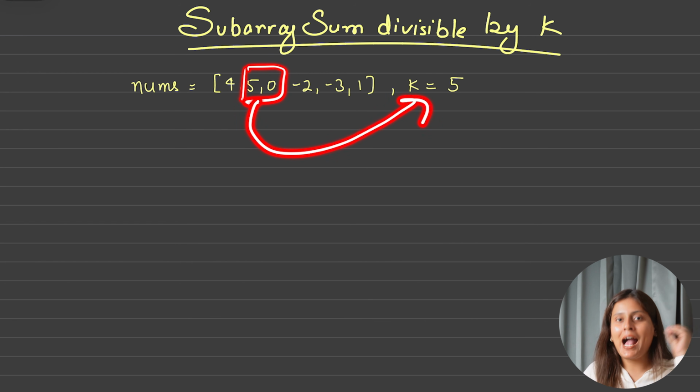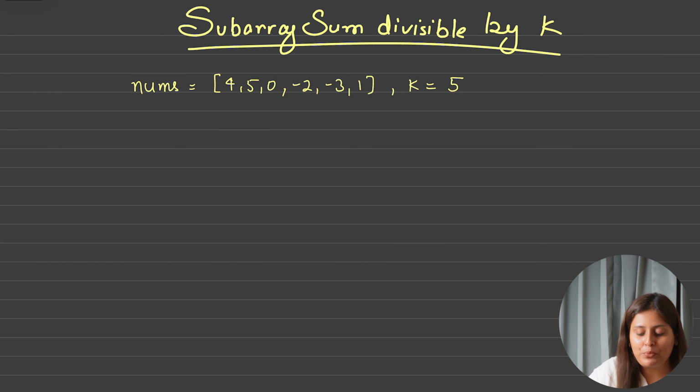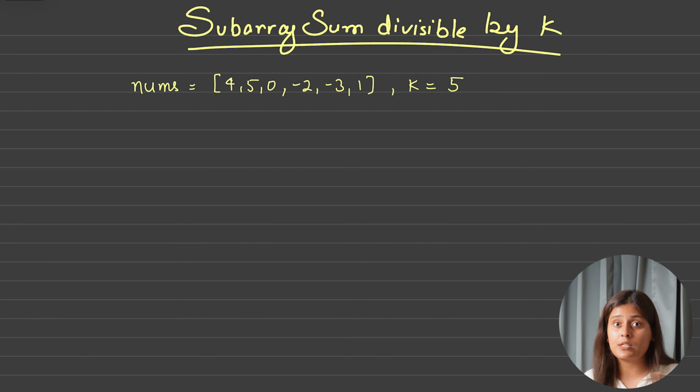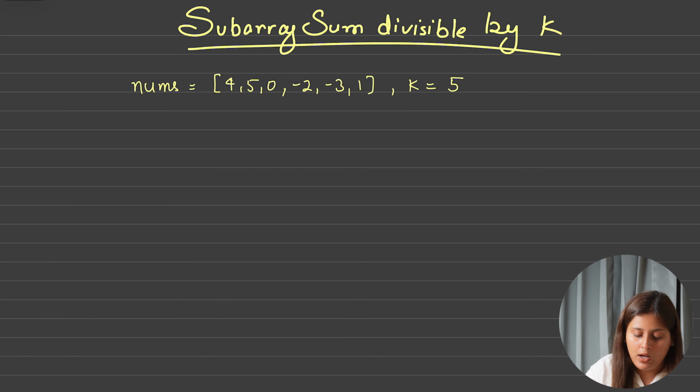So what we are doing? Actually, we can run 2 for loops to print all the subarrays, correct? But instead of printing it, we can count all such subarrays' summation and check if it is divisible by k. If it is, we will do count plus plus. Because we have to do a count, we will initialize a count variable, let's say int count, which is 0.